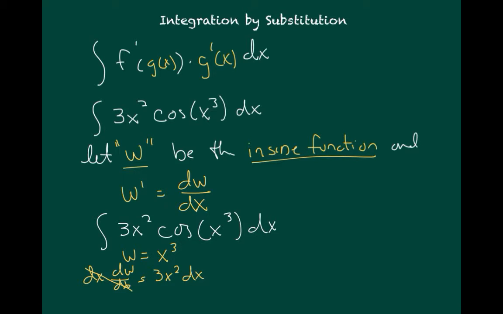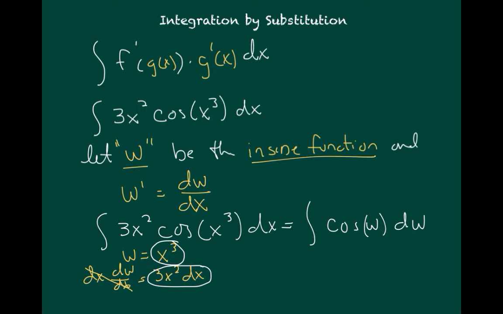That's going to cancel out over on the left side. So I have all my x's on the right side, all my w's on the other. Now I'm going to rewrite my integral, but you'll notice that the 3x squared is now part of what's represented as dw. So I can rewrite it as cosine of w dw, because inside that dw is my 3x squared dx, and inside the w, or represented by the w, is